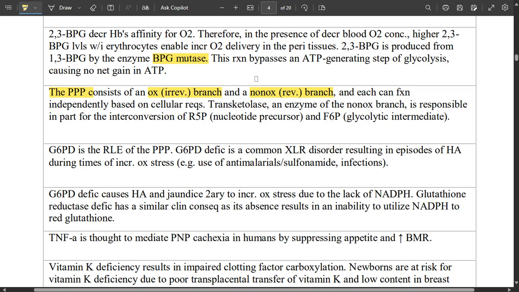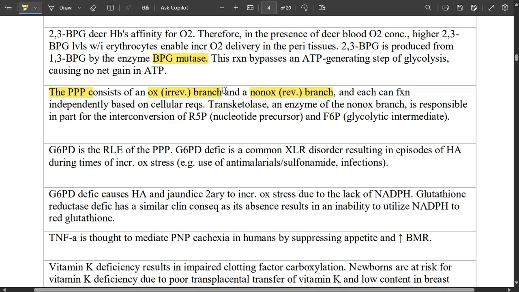The oxidative branch, where oxygen is used, has irreversible stages, whereas the non-oxidative branch is reversible and can function independently based on cellular